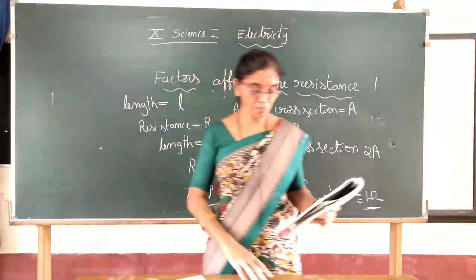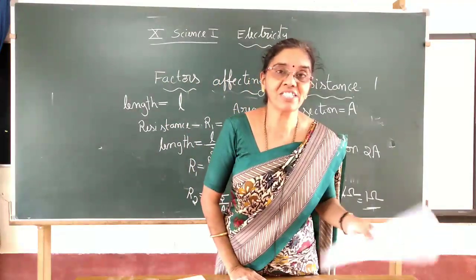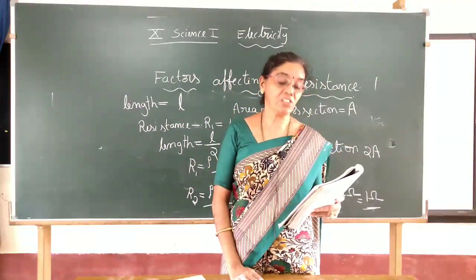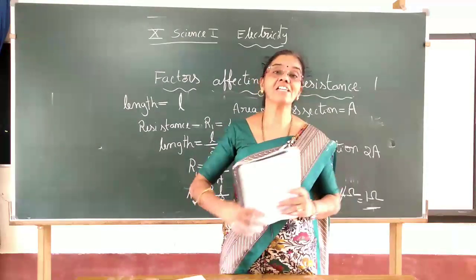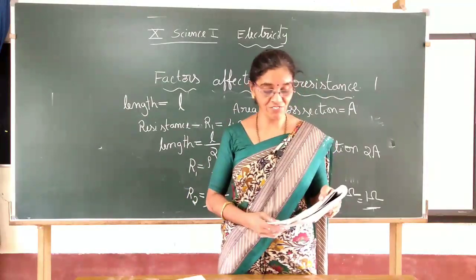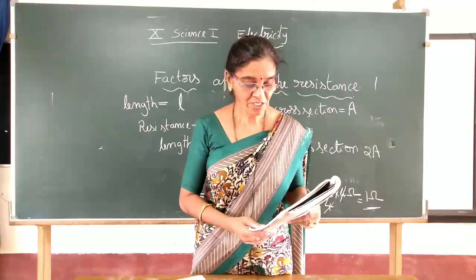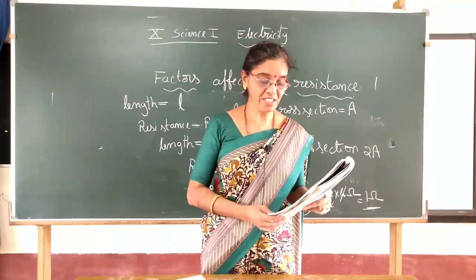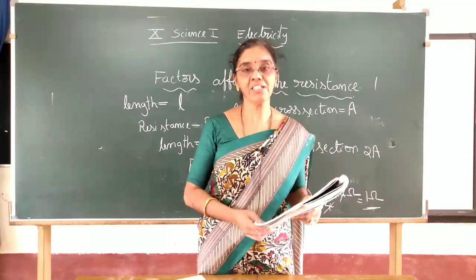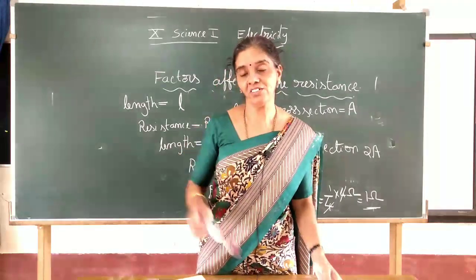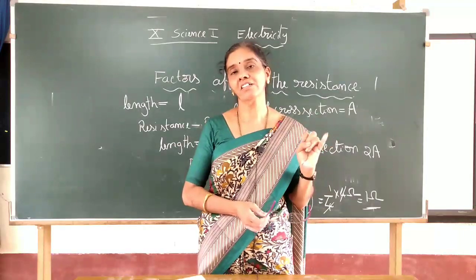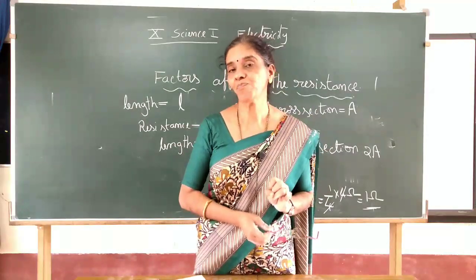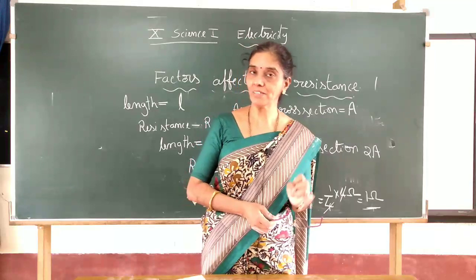Now see the same page, some extra questions to check whether you understood the chapter or not. Think and say the answer yourself, and I will give the answer, okay? On what factors does the resistance of a conductor depend? Today we studied, no? Tell me, think. What are the factors, children? First one, length of the conductor, L. It depends directly.